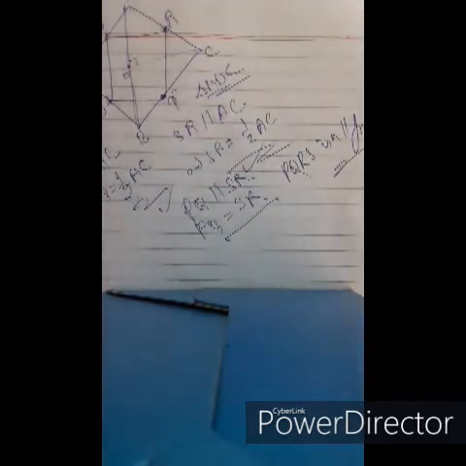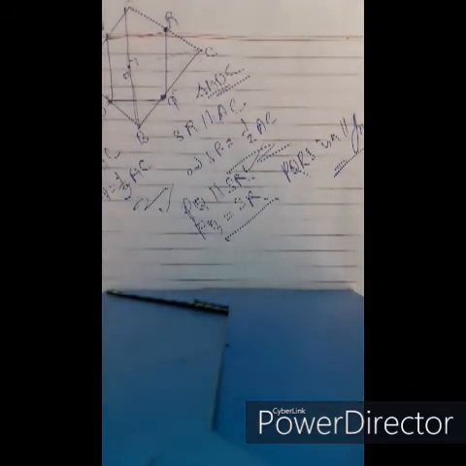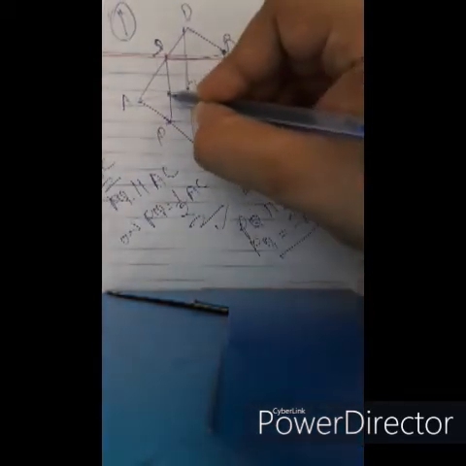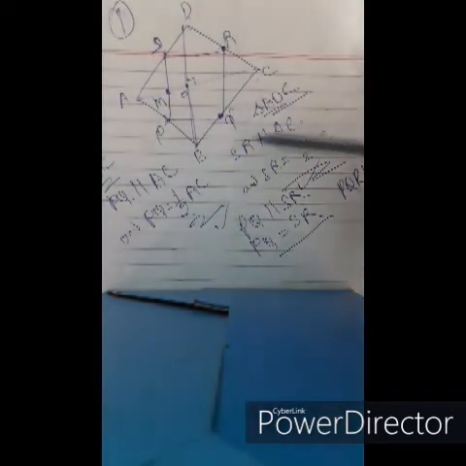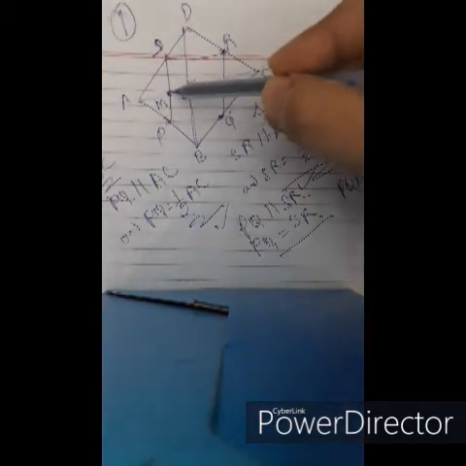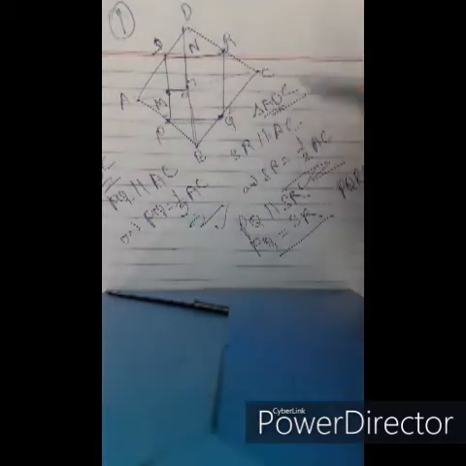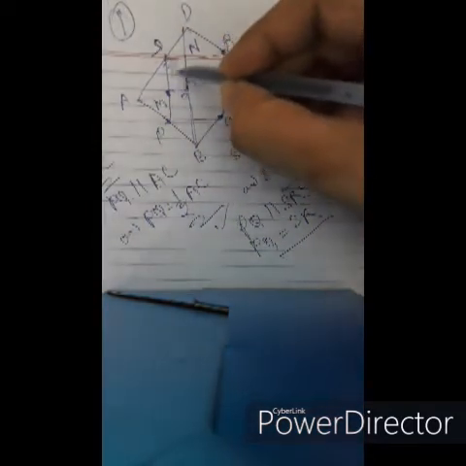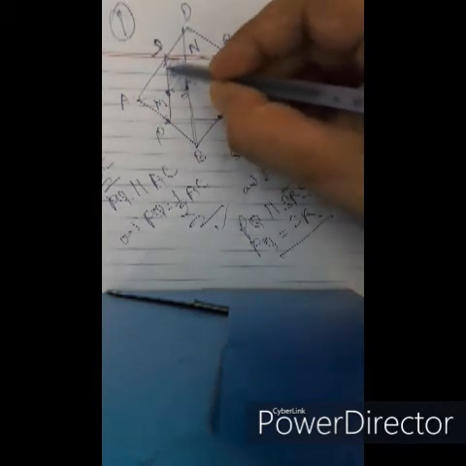After proving PQRS as a parallelogram, we take this point as M. Now in quadrilateral PQRS we have proved it is a parallelogram. So now taking this quadrilateral MONS, taking this as NS, we have taken this quadrilateral. I'll shade this area so that you are able to understand. Quadrilateral MONS we have taken.